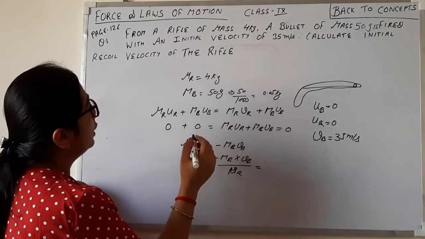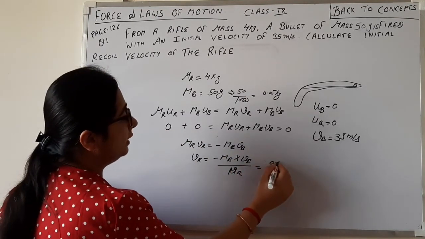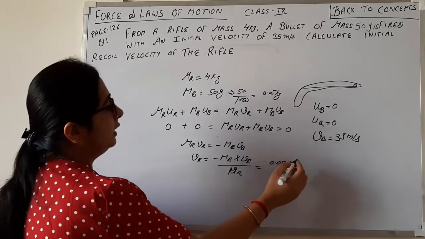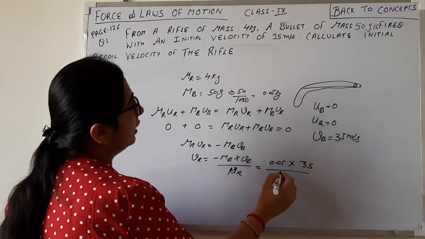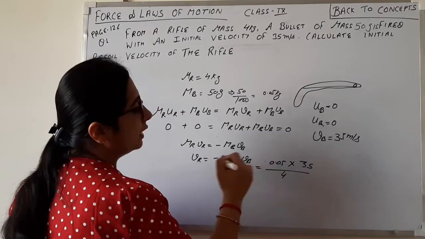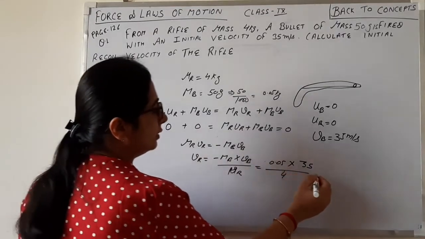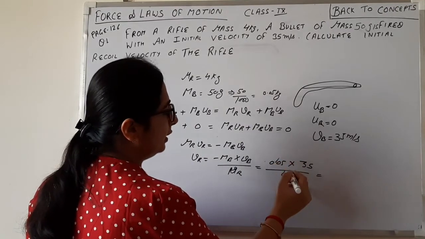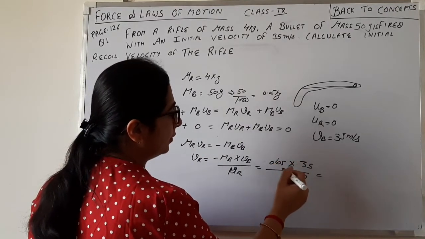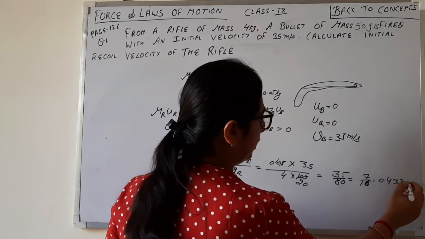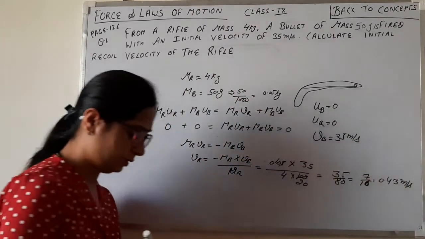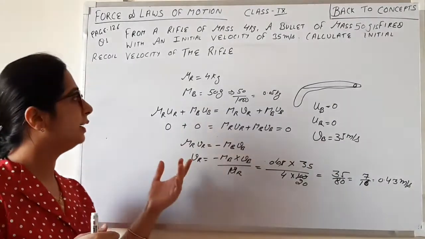So mass of bullet is equal to 0.05, velocity is given 35, and the mass of rifle is equal to 4 kg. Okay. So when we solve